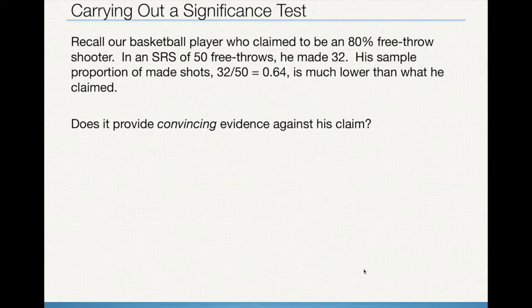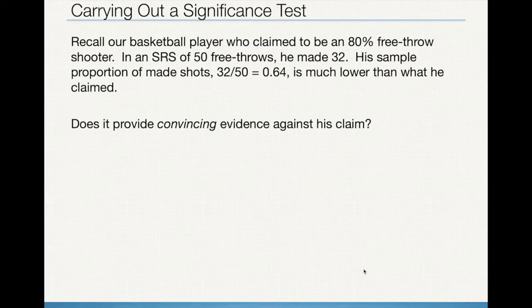Now we're going to take a look specifically at dealing with a significance test with a population proportion. If you remember our last lesson, we played around with this free throw shooter who claimed they could shoot 80% of their free throws, but when we did the simulation, we ended up with a proportion of 0.64, which was much, much lower. And that gave us evidence to suggest that the null hypothesis of p being equal to 0.8 was potentially